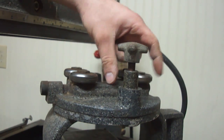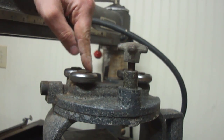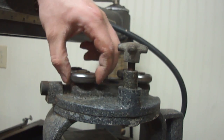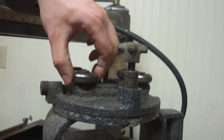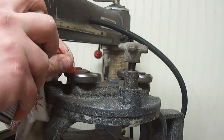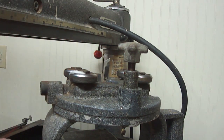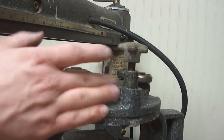This one, however, is okay, because I've already given this one the treatment. I've cleaned off the top of these bearings as much as I can, and now I need to try and get the crusty grease inside these bearings to be less crusty. And the easiest thing I've found, and I did this about 10 years ago for the Rockwell bandsaw, and it's been fine ever since, is to spray the bearings with WD-40 and then spin them to get the WD-40 down